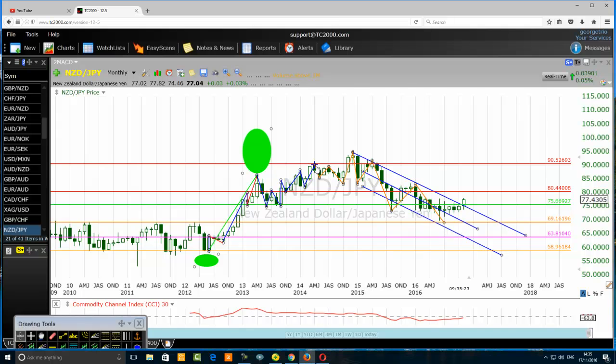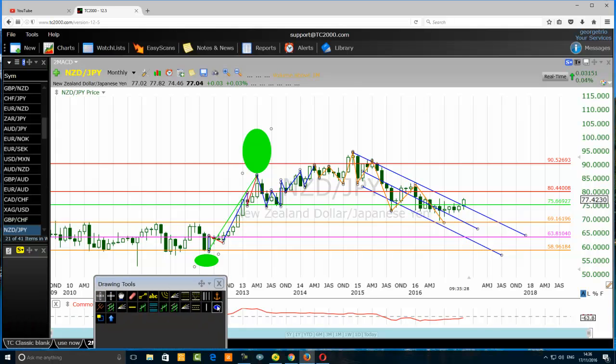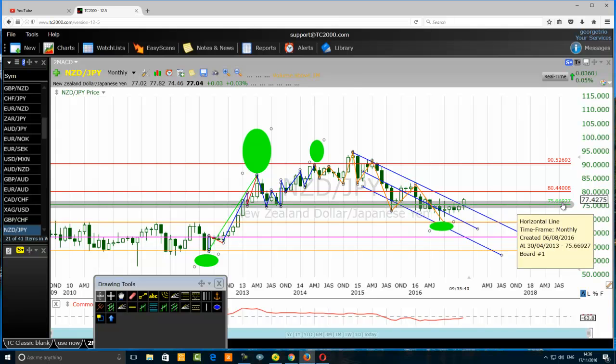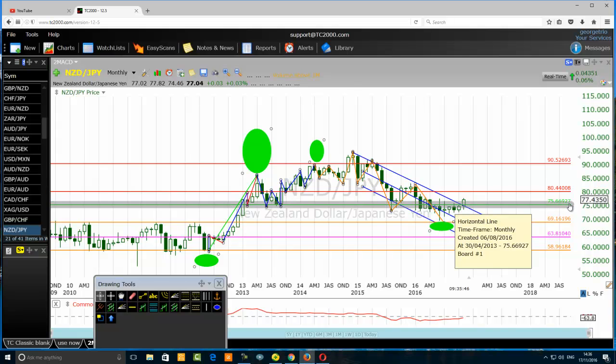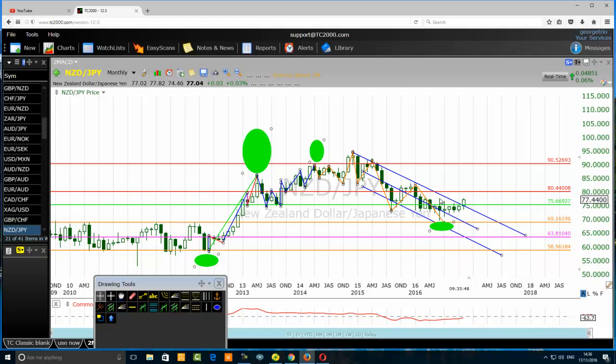So this is a flat correction, an expanded flat correction. That expanded flat correction has started here and has ended here. At this point in time, all we can say to traders is a priority to bullish signal above 7566. Okay, for this currency pair, New Zealand dollar yen, priority to bullish signal above 7566 and priority to bearish